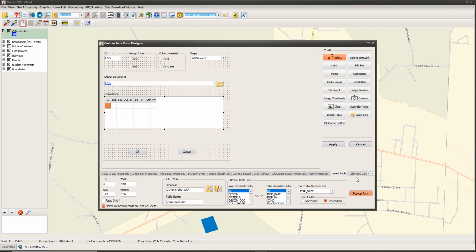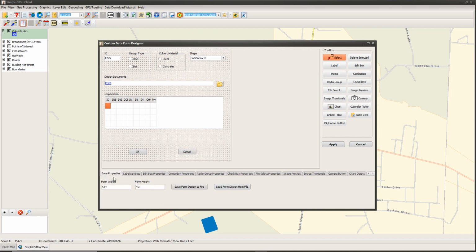Also, just as an FYI, if you wanted to save this form out to a file so that anytime you loaded this shapefile in a new project, this form would load, all you would have to do is, if you click on the form itself, you come to the Form Properties dialog box, and you can click on this Save Form Design to File. And when you click on this tool,